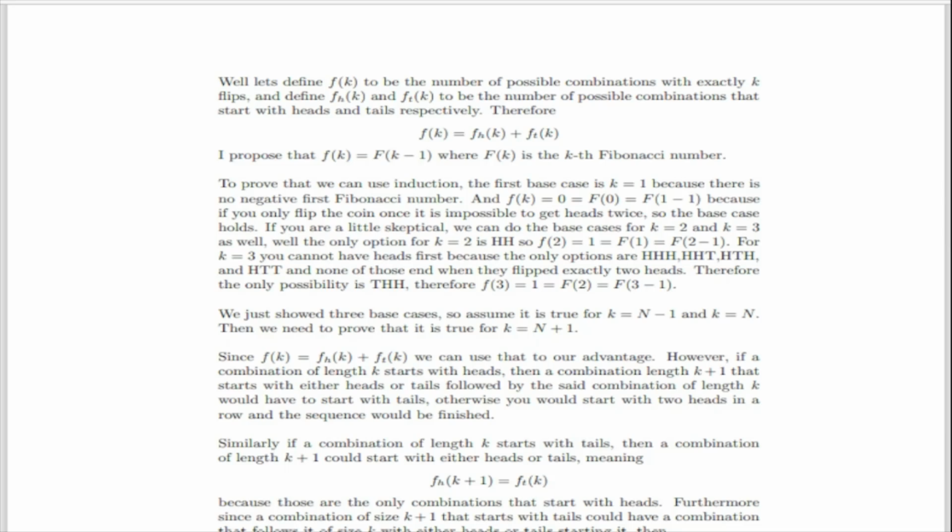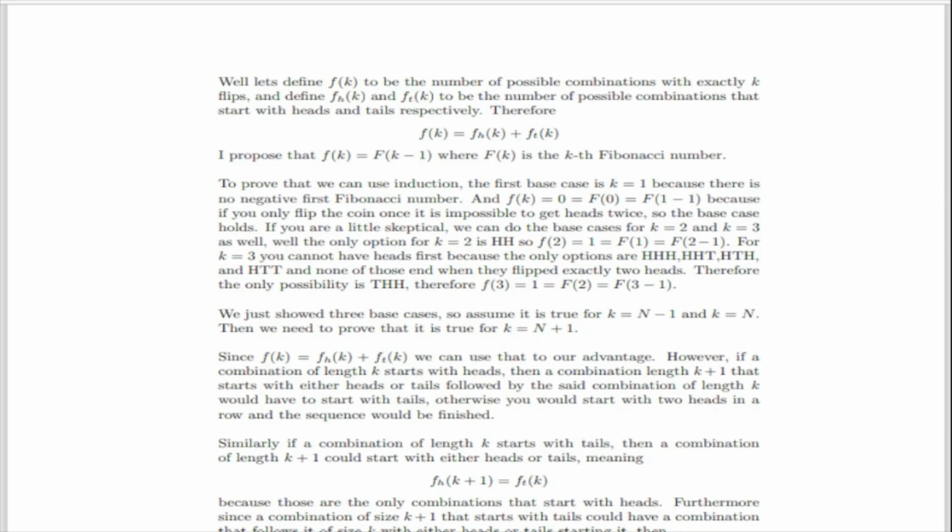3 minus 1. We just showed 3 base cases, so assume it is true for k equals n minus 1 and k equals n. Then we need to prove that it is true for k equals n plus 1. And the reason we can do k equals n minus 1 and k equals n is because we proved it for 3 base cases. We only needed 2, but it works for 3. So, since f of k equals f sub h of k plus f sub t of k, we can use